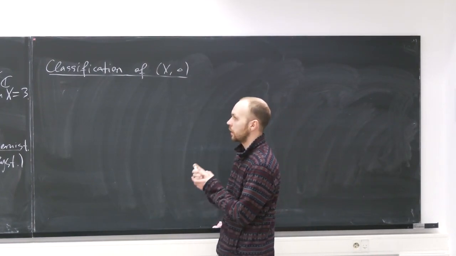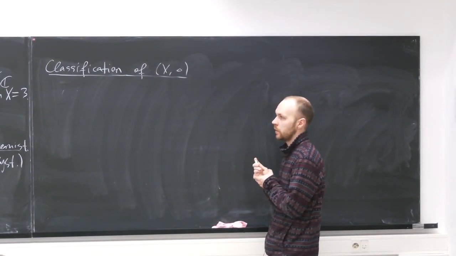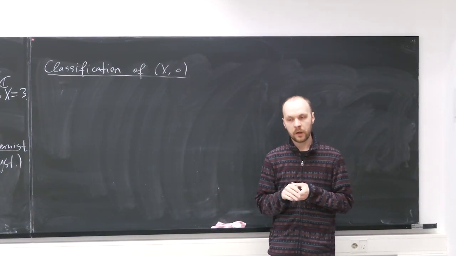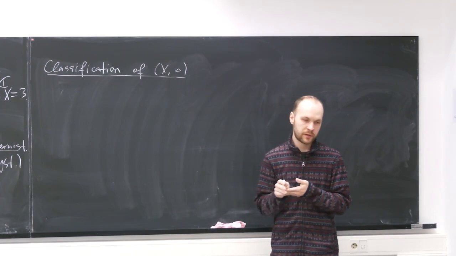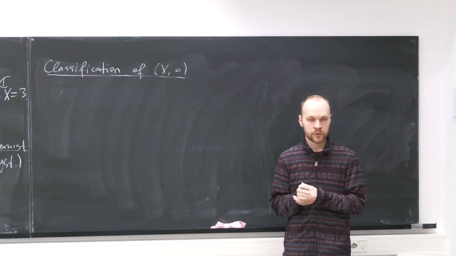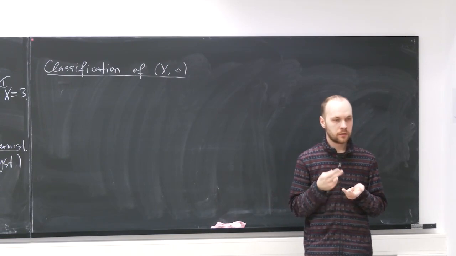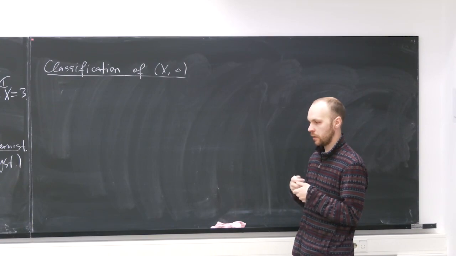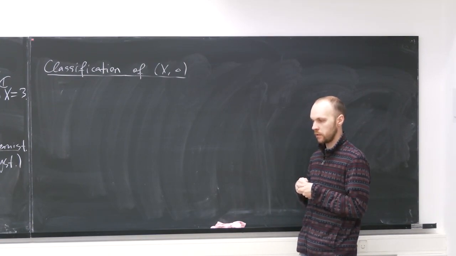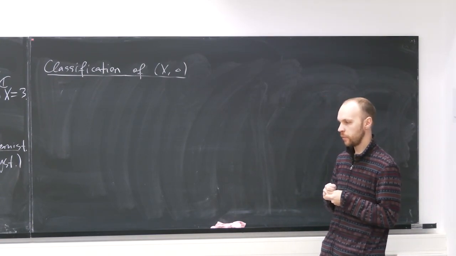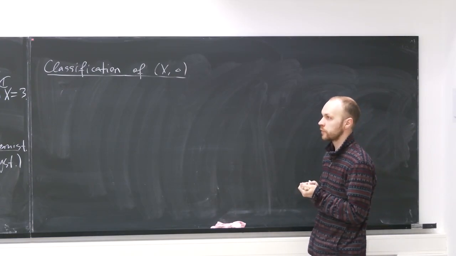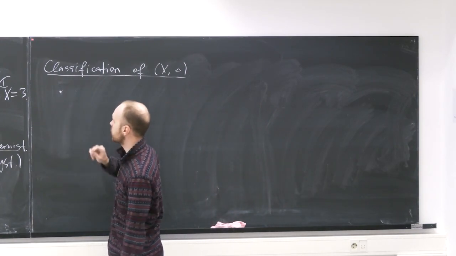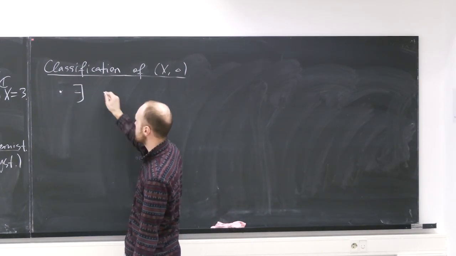I will explain my approach to this classification, which is of course based on the works of Maeda, Casagrande, and Fujita. This approach is quite natural. It uses the minimal model program, some special form of it, and we should start with the following observation: that there exists a one-complement